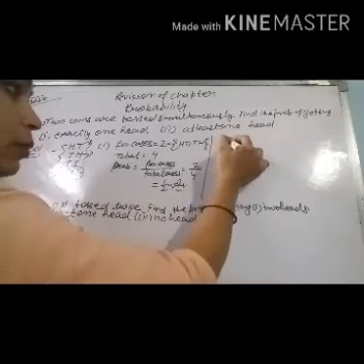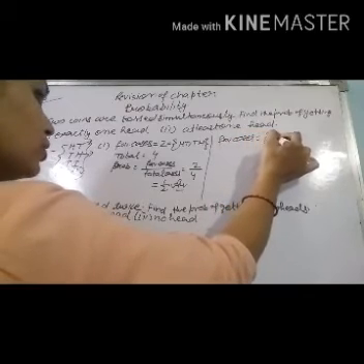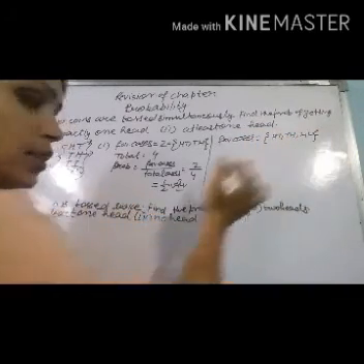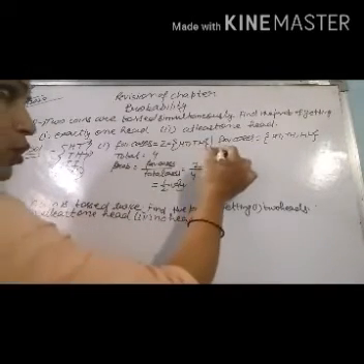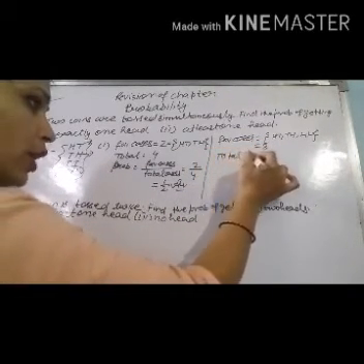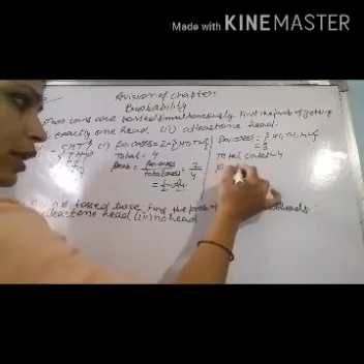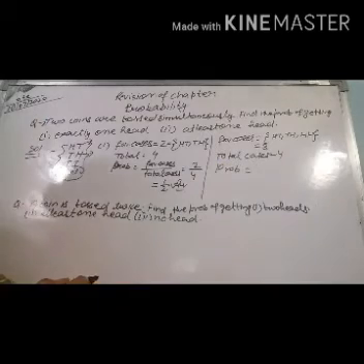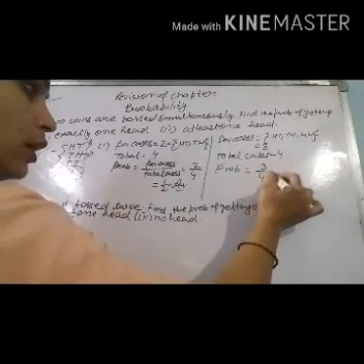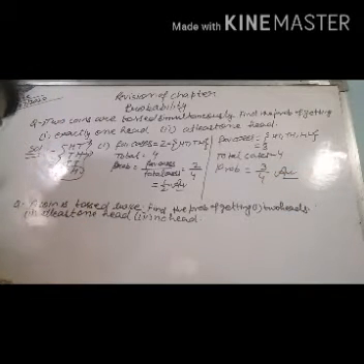So how many favorable cases do we have? Favorable cases are HT, TH and HH. So these three cases are in our favor. So favorable cases is equal to 3. And how many total cases do we have? Total cases is equal to 4. So probability will be equal to favorable divided by total. So favorable is 3 and total is 4. So 3/4 is the answer in this case.